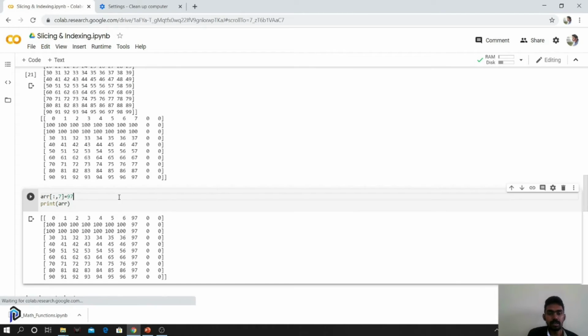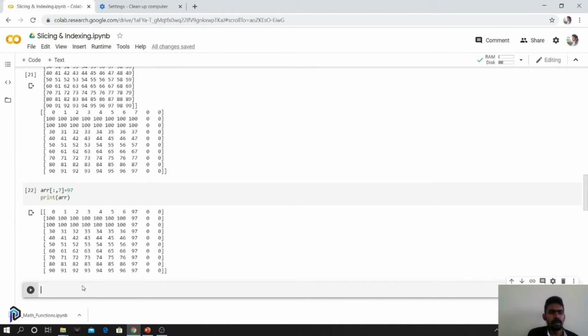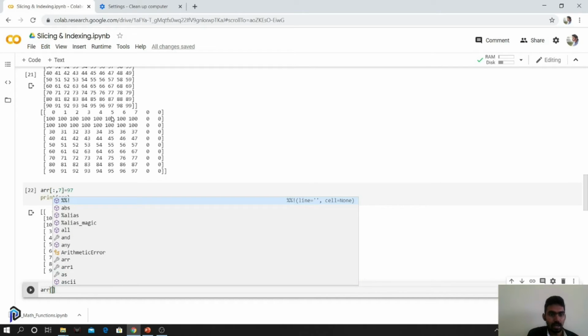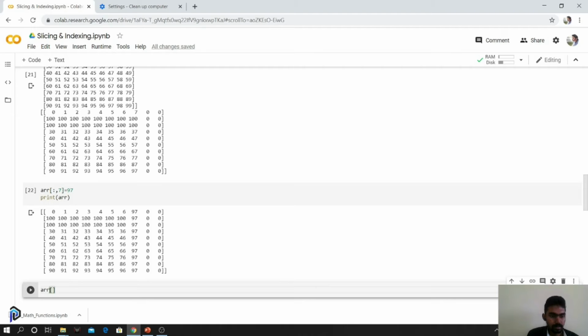For the last thing, let me try to replace the first 5 columns in the 6th row with 6. First, I'm choosing the 6th row.